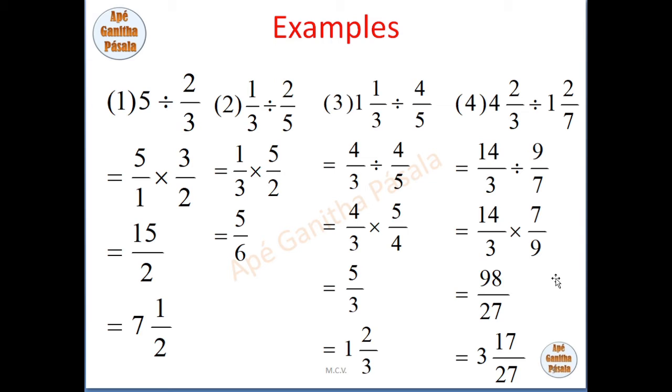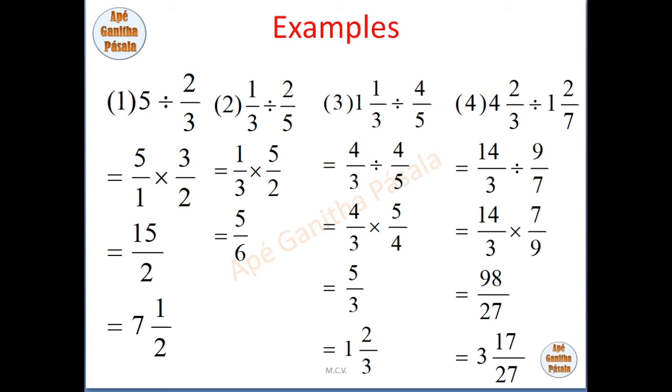Multiply 3 by 9, that is 27. Then this is an improper fraction. The numerator is bigger than the denominator. Therefore, divide 98 by 27. You can get 3 27s for 98, and 3 27s equal 81. Then 98 minus 81 is 17. The mixed number is 3 and 17 over